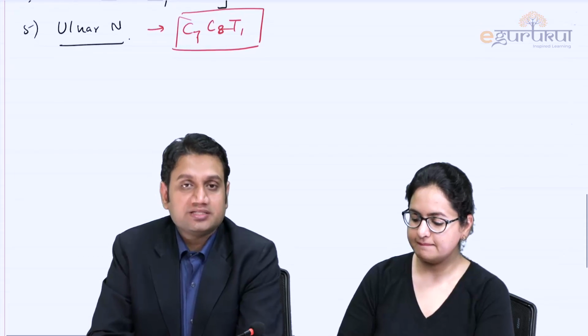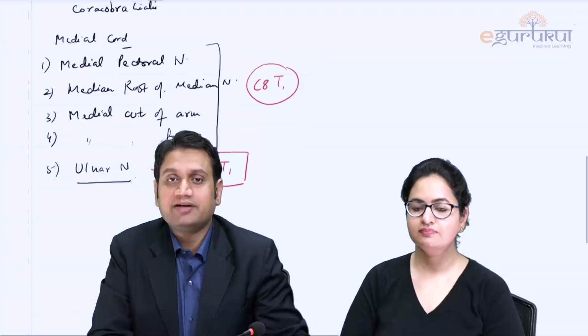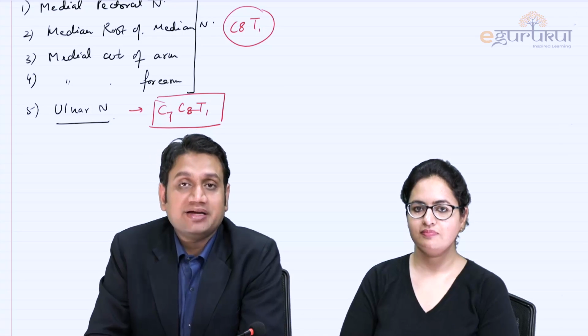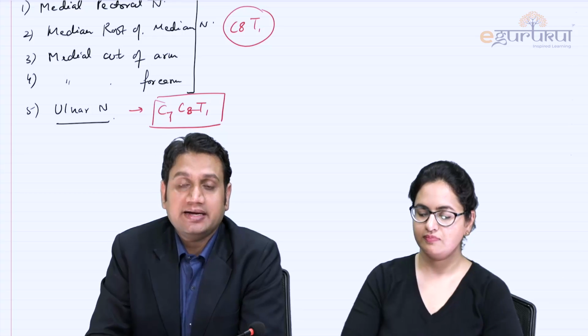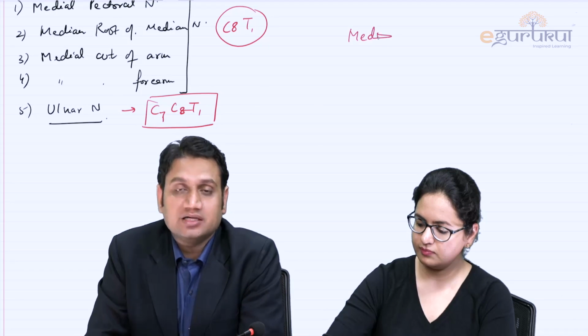Now about these branches. See, the ulnar nerve, these are 5, and out of these, clinically relevant, you all know, are 2 basically. When the medial root of median and the lateral root of median combine, what they make is a median nerve, right? Now, how clinically relevant questions are being asked to you about the ulnar nerve and the median nerve.